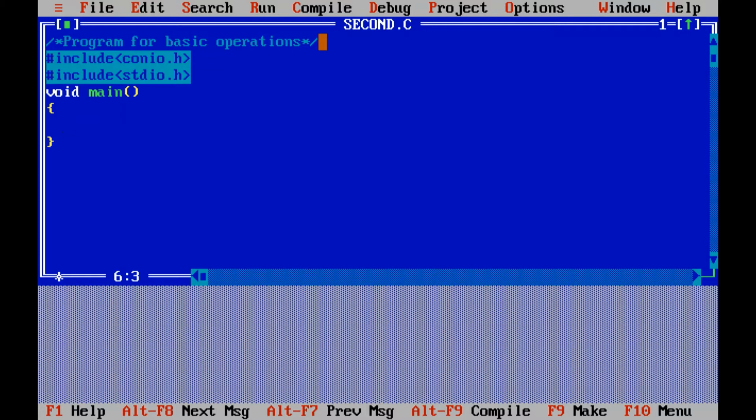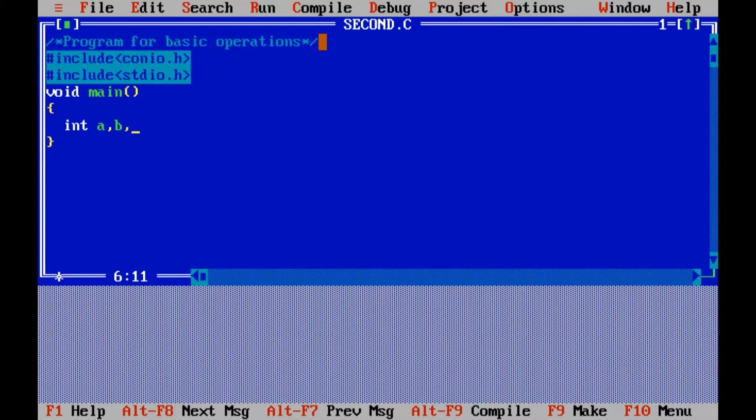For that I have to define a data type, and one of the data types is int. After writing int, give a space. Remember, we have to follow the syntax: we have to use int in small characters only. Then my variable names are a, b.